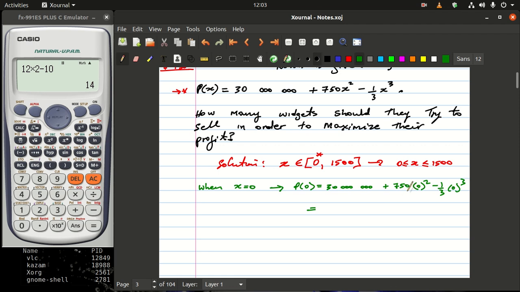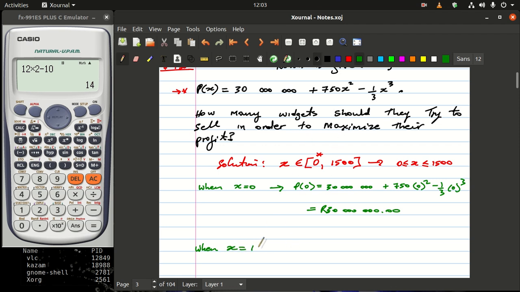So basically this is going to be 0 and this is going to be 0, so you will end up having 30 million rands. If I am not selling anything, then the profit that I'm going to make is this much. So if we are selling nothing, and now if I sell everything,